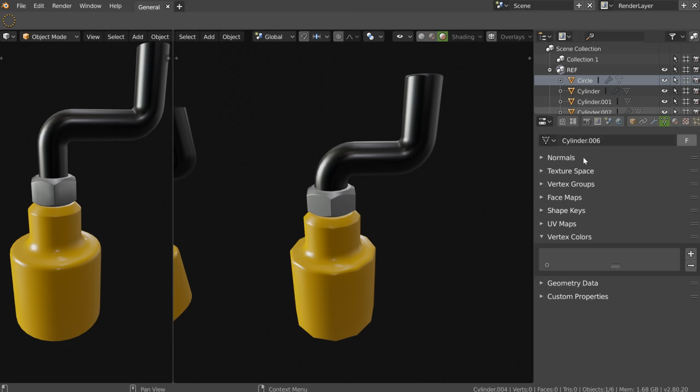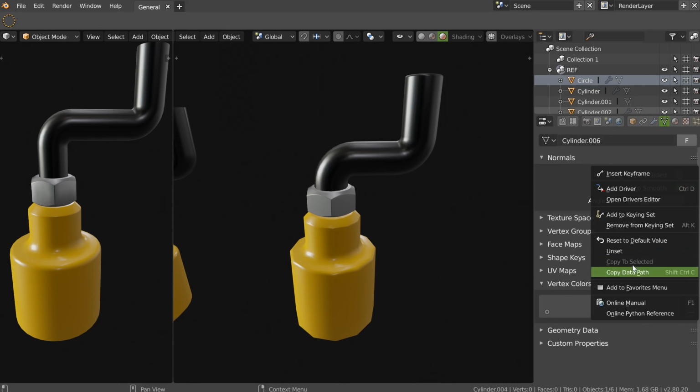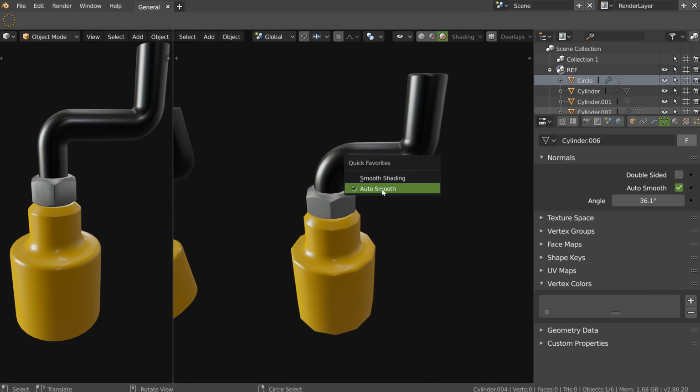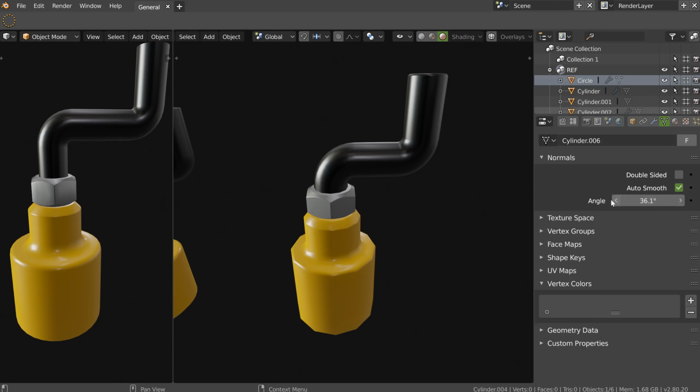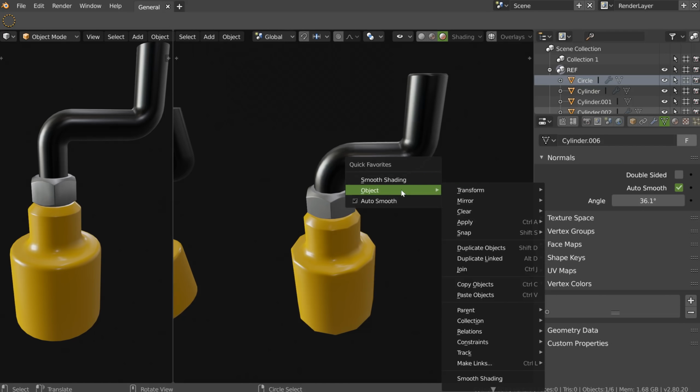If I want to add this one, poof, I have it in the quick menu. But I cannot add this one in the quick menu. So let's hope they will allow us to do that. And same, we can add this to the quick menu, and we can have it here.